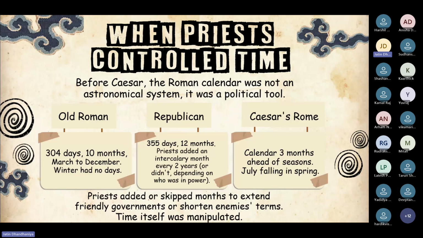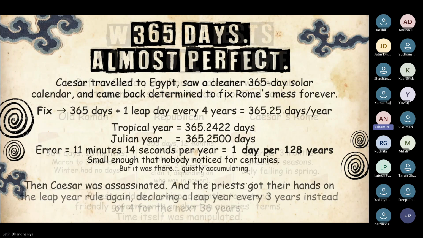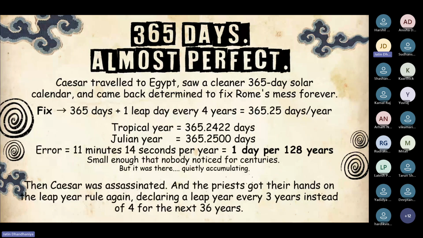Then came Caesar's Rome. The calendar was 3 months ahead of the season and July was falling in spring. Priests added and skipped months to extend friendly governments or shorten enemies' terms. The whole time was manipulated. Caesar traveled to Egypt and saw a cleaner 365-day solar calendar and came back determined to fix Rome's mess forever. The fix was 365 days plus one leap day every 4 years, equal to